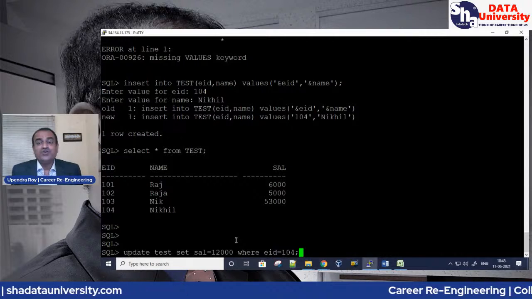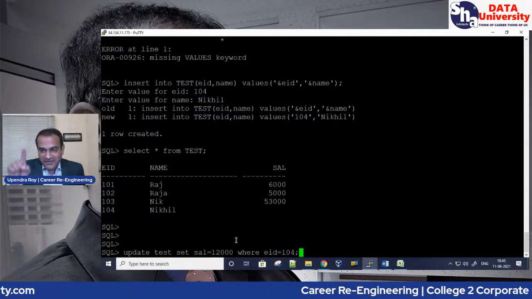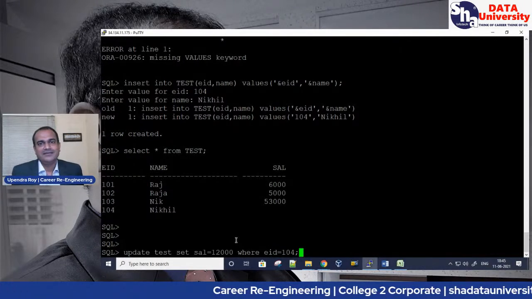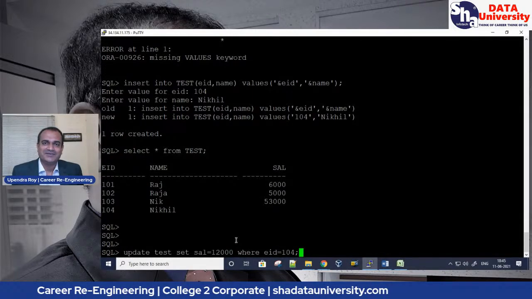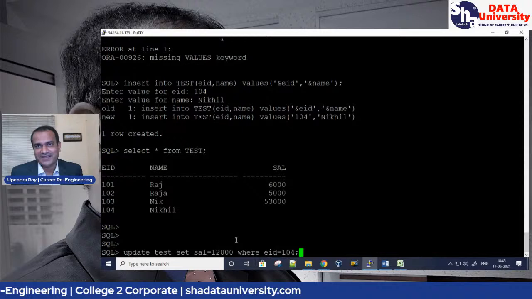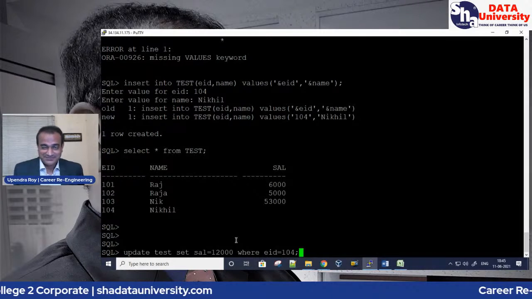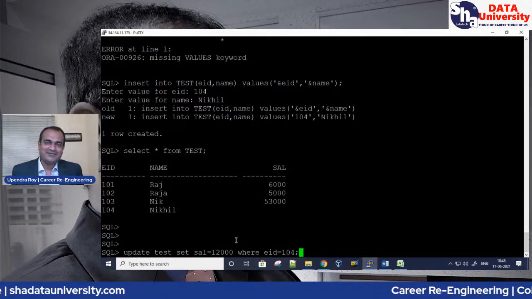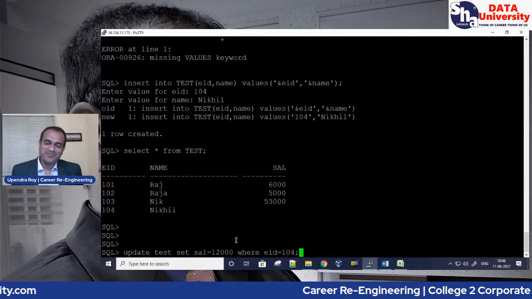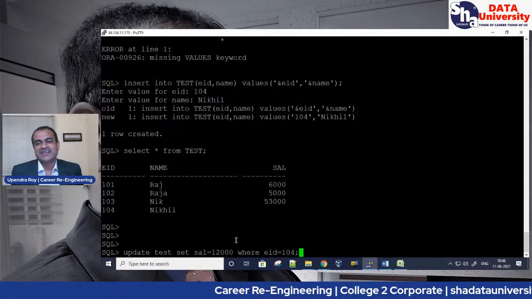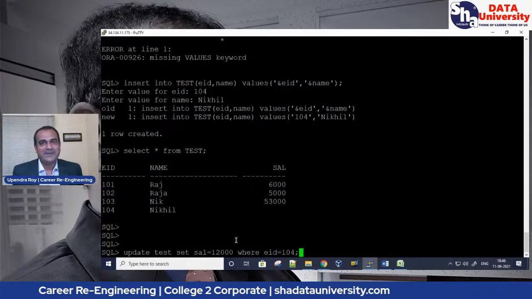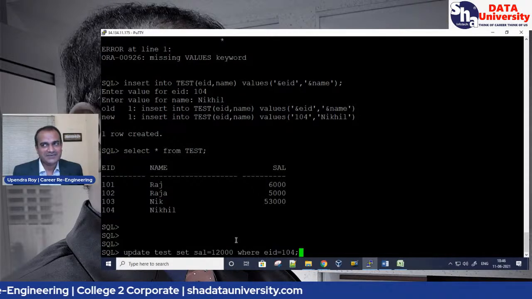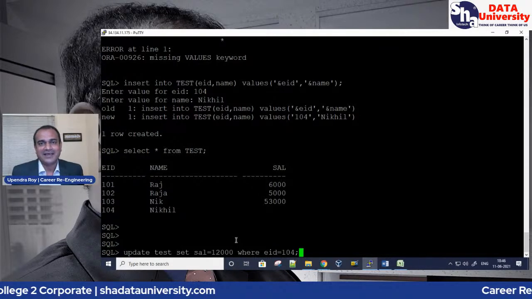If you don't give this where clause, what will happen? Every data will be updated with the same 12,000. It will be a mess. Suppose the employee table has maybe lakhs of employees, and by mistake somebody does this, what will happen? Everybody's salary will be updated. So these kinds of risky things are there. Okay, so